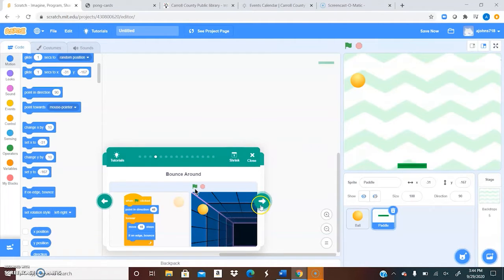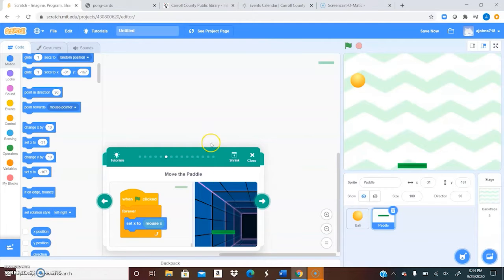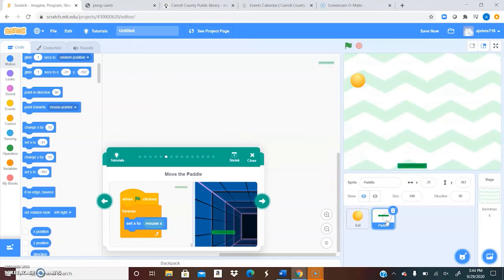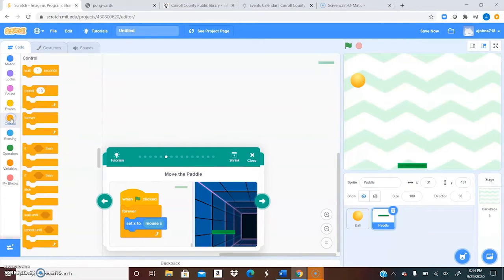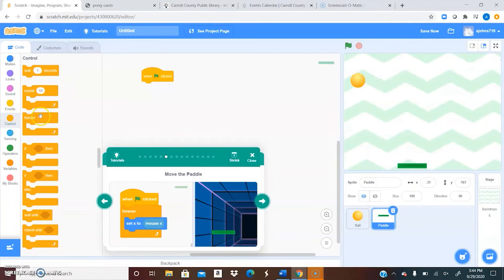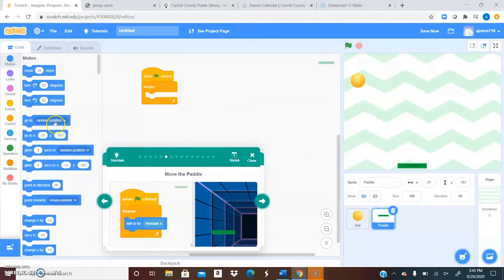And I'm going to get over here in our tutorial. And notice our code for the ball is there, but we want to code the paddle now. So we're going to click on that little icon. We're going to do something real similar to what we did for the ball. We're going to get that when the flag is clicked. We're going to grab a forever loop from our controls. And then we're going to go up into motion and find set x to,